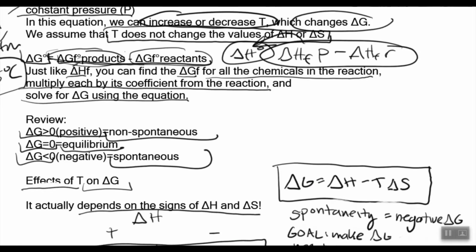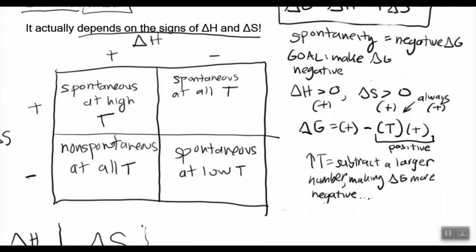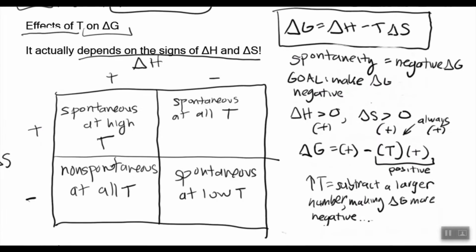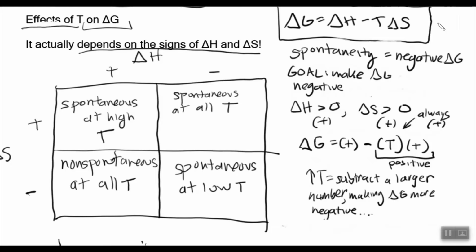Now that assumption is only true if ΔS is positive, but that's not always the case, and there are many reasons why. So we have to actually take a look at this equation in order to understand why things on